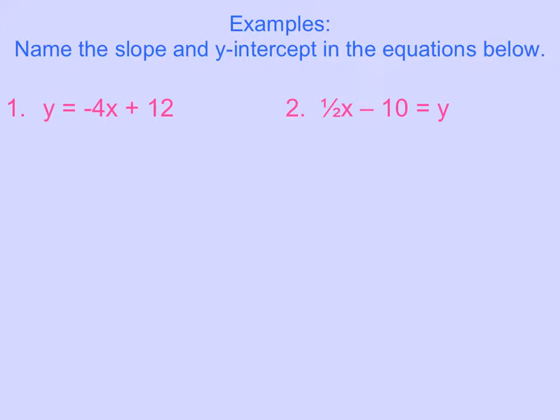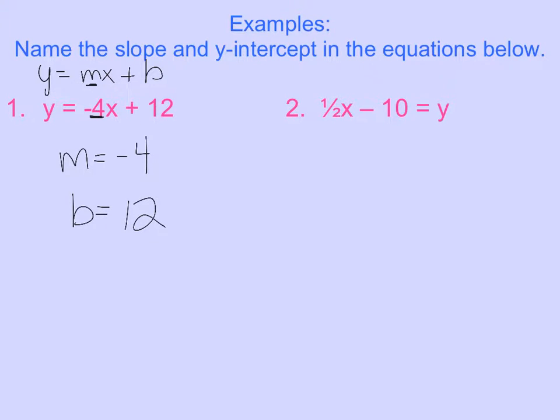So these equations are on your note sheet, and what we're going to look at for these examples is how to identify your slope and your y-intercept. So you would technically, again, need to have it in a y equals format, and then once you do, something I normally tell people is, write out y equals mx plus b, and then literally just look at the place of m in the equation and understand that the coefficient of x will always be your m, which is your slope. So in this first example, it's -4,